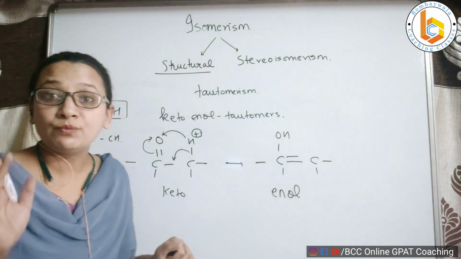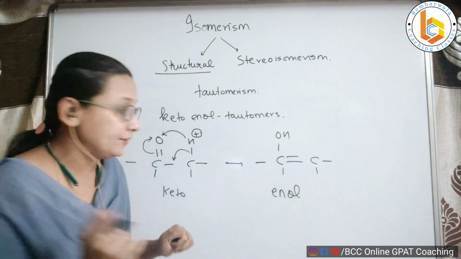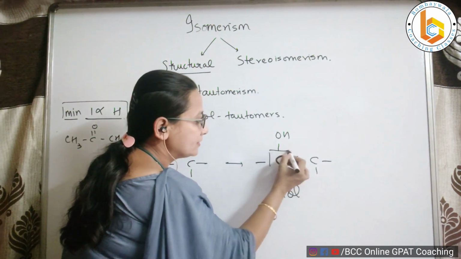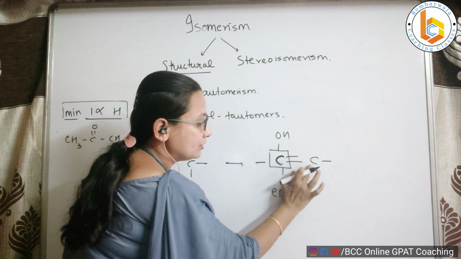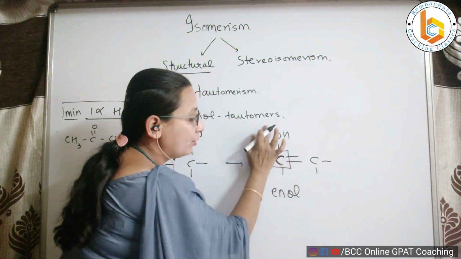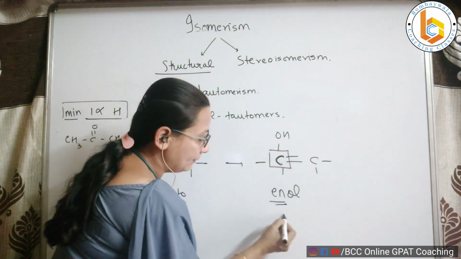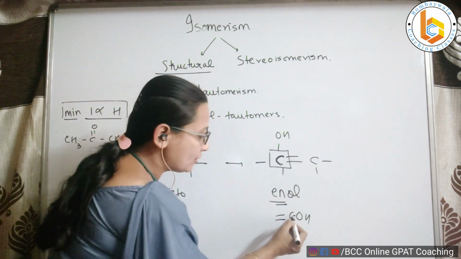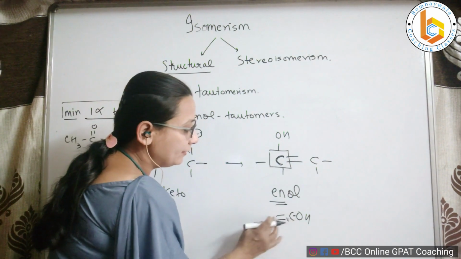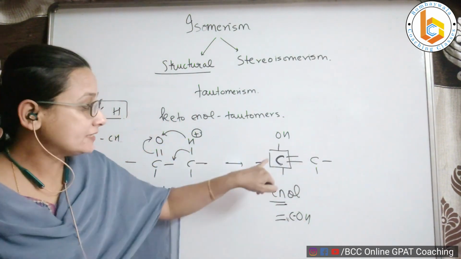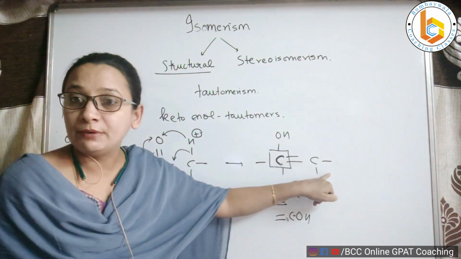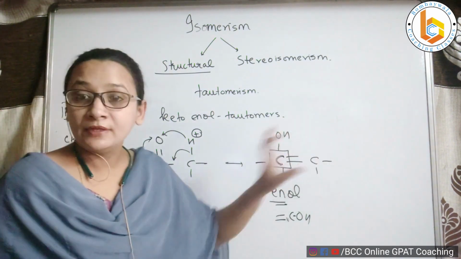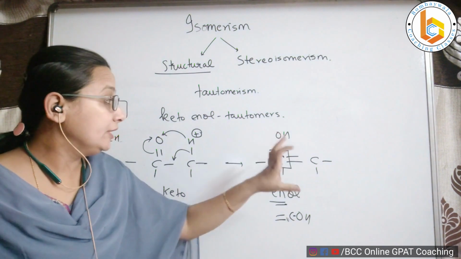My dear students, why is it called enol? En, ऐसा एक carbon, देखिए ये वाले carbon को, have a look at this carbon, which is directly attached to the double bond and to the hydroxyl group. En मतलब double bond, और ol मतलब OH. एक ही carbon जो एक साइड से OH से और दूसरे साइड से double bond से जुड़ा हुआ हो. Such a compound is referred to as enol.